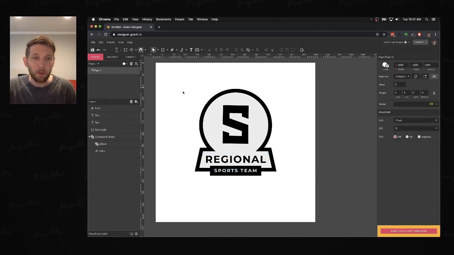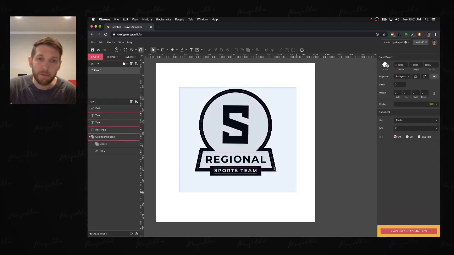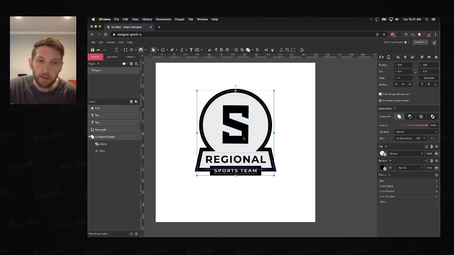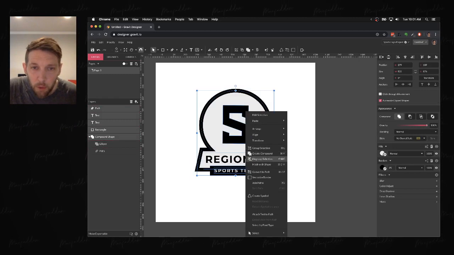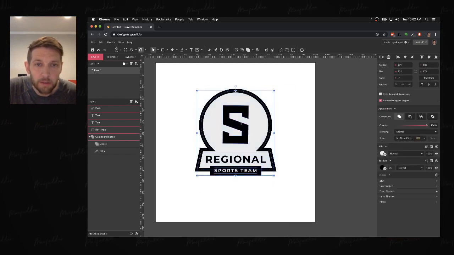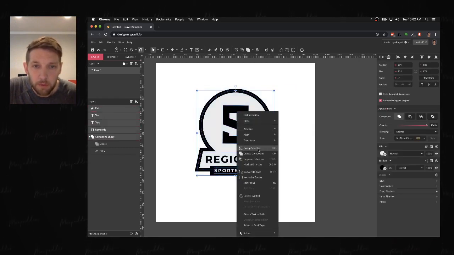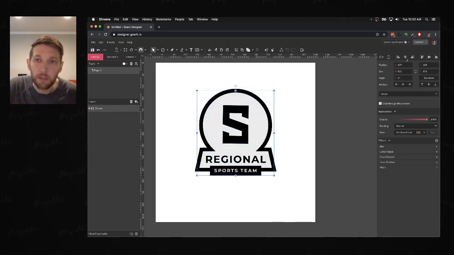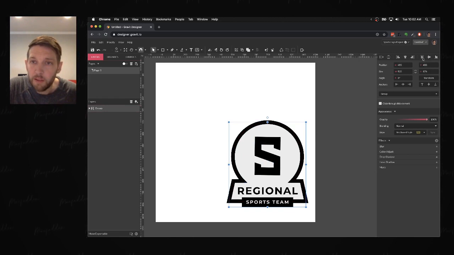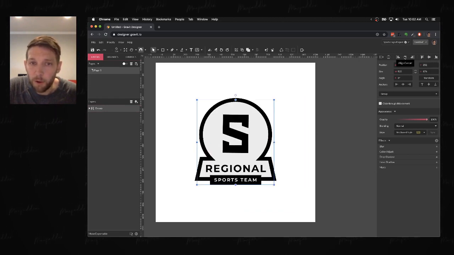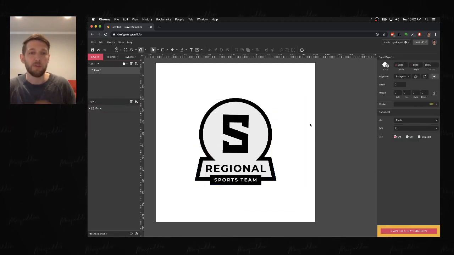Okay, now last step. I'm going to select everything. I'm going to right click, and I'm going to group everything. Let's see, why did that not work? I'm going to select everything, and then I'm going to group the selection, because that will allow me to center it horizontally and vertically on the page. So once it's grouped, these work relative to the artboard. So now this thing is centered square